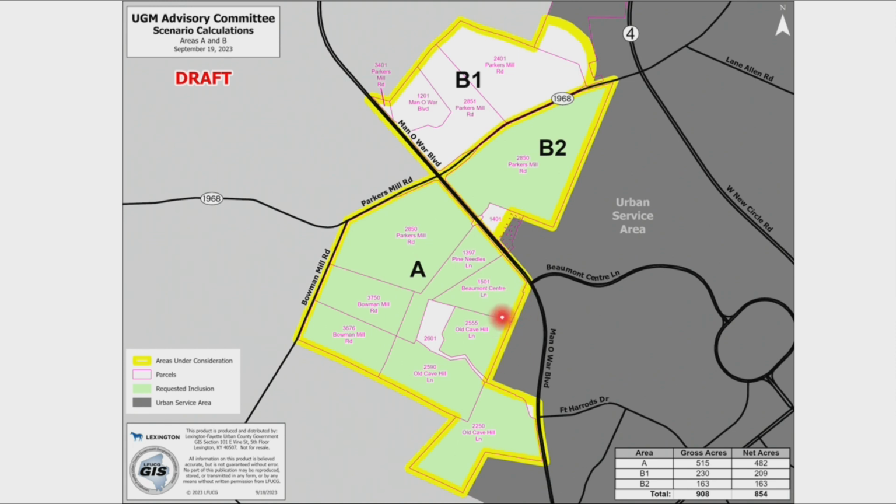The stream that it drains into roughly runs right along these property lines here. I'm shaking here a little bit, but it impacts these parcels right here. And you remember from Goal 4, when we talked about this a year ago in June, that you could put the pump station right across the boundary on the immediate adjacent parcel, or you could move farther downstream, parcel by parcel, until you get all the way to the Kentucky River. So it's really a matter of preference about how far you want to move it down.